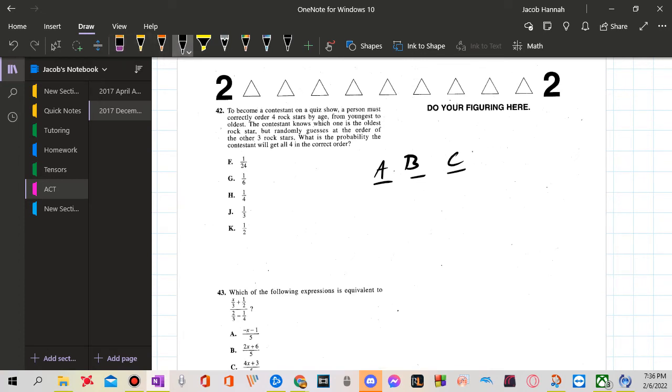Now, to guess what the correct order of this is by not knowing their ages, you could do it by brute force, or you can think of it more elaborately. So there's 3 spots, and there's 3 spots,